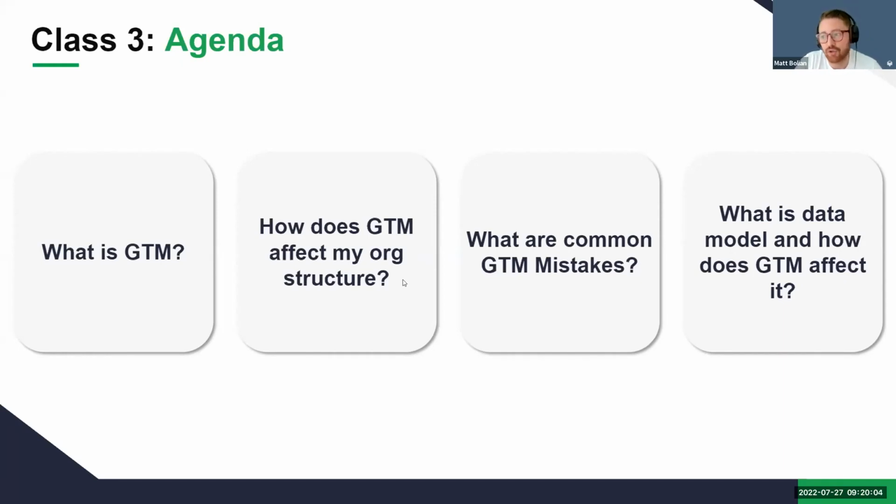Because honestly, just like revenue operations, this can mean lots of things to different people. How does my go-to-market motion affect my org structure? So we'll talk about how sales, marketing, and CS teams have different org structures based on who you're selling your products to and how they are buying them. What are the common go-to-market mistakes? We'll talk about